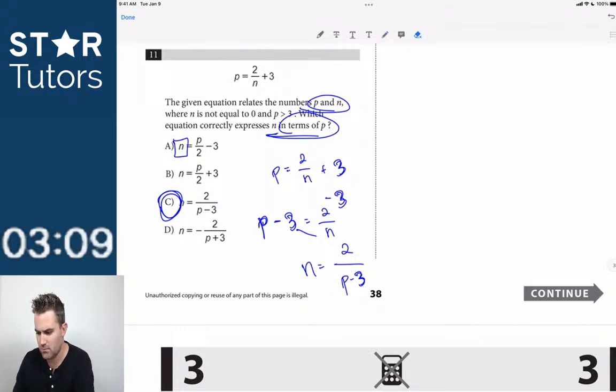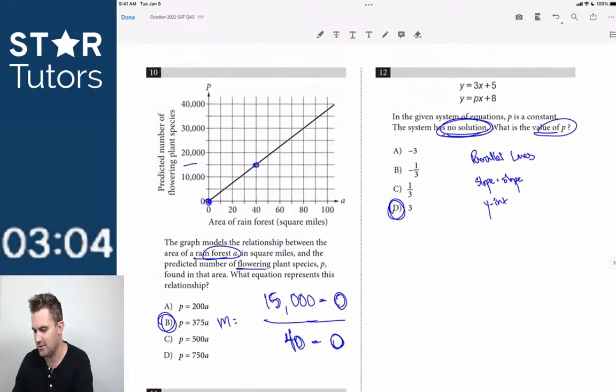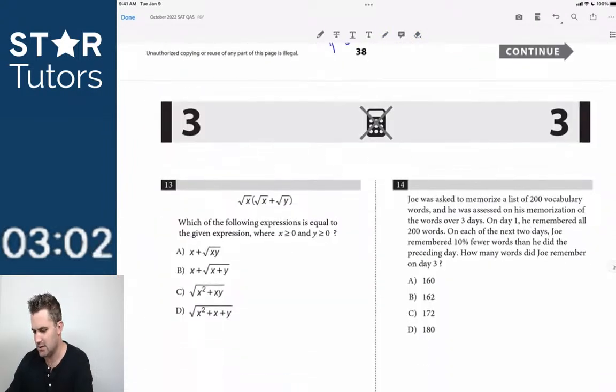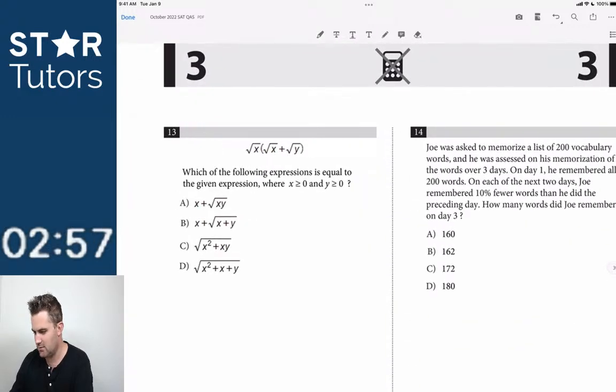Okay, so that makes sense, guys. I'm just going to erase that check mark because that's not my intended answer choice. 10, 11, 12, 13, we did 15, yeah. Okay, if we did 15,